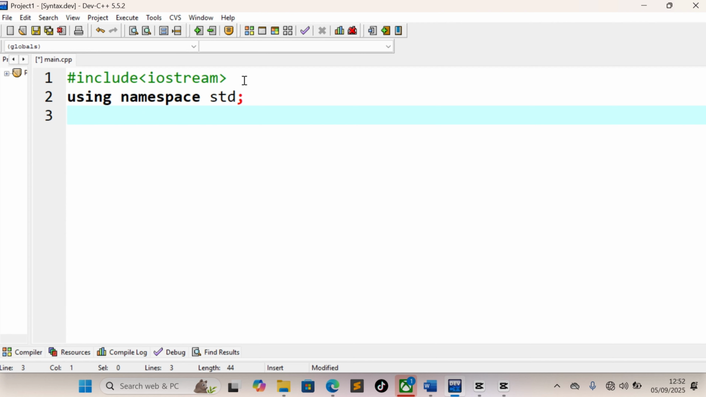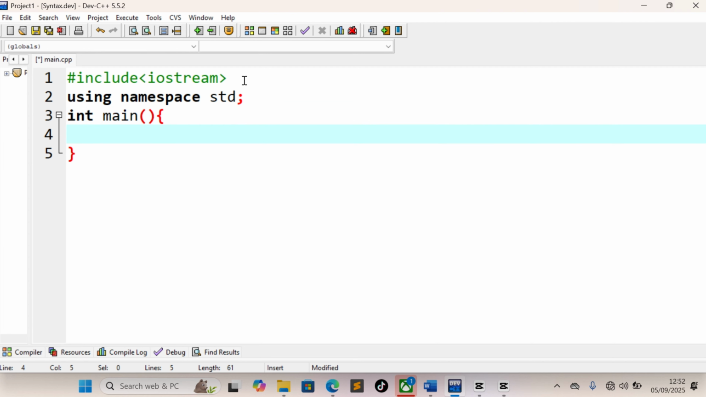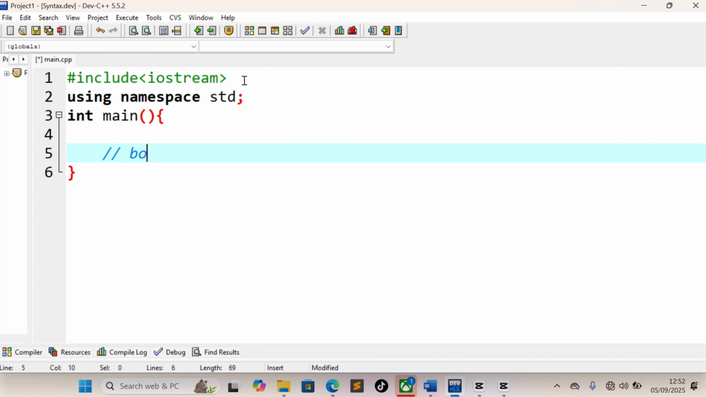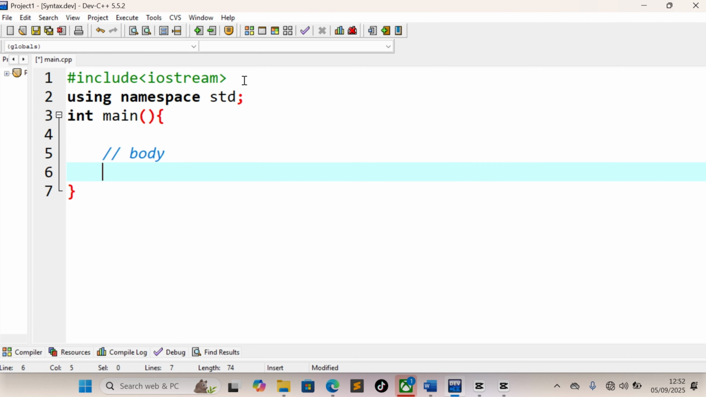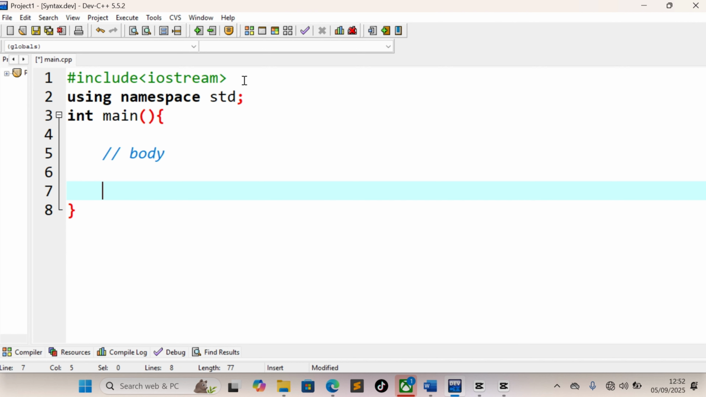So keep watching this video until the end. You will be able to understand how this structure of C++ works. So here we need to create a main function, int main function. Then we need to open our main function, and here is where we develop our program. Let us say body. This is the body of our program, and then our function will end with return zero,